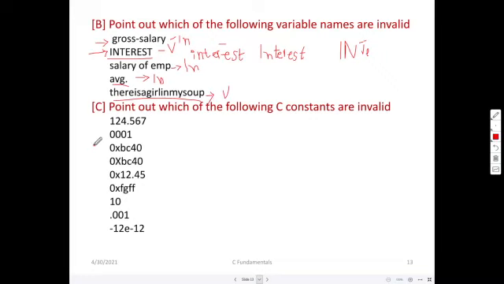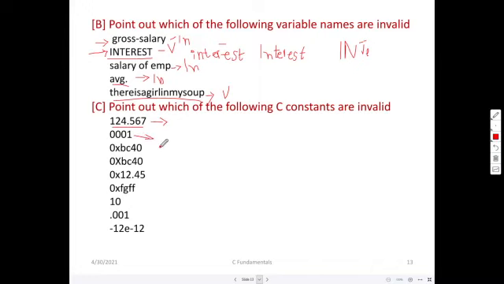In the same way, we will check whether these constants are valid or invalid. 124.567. Whether this is valid? Which constant is it? Yes, it is a float constant. This is a valid float constant. How about this 00001?